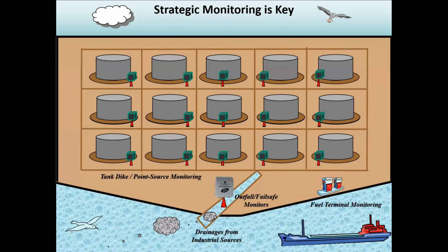In practice, for example, at a tank farm, you could consider each tank a potential point source. They are typically, or in all cases, bunded, so there's a physical containment dike. Those dikes all have to be drained. Those drains can be monitored, or to look at an entire area inshore, you could go to the outfalls, and